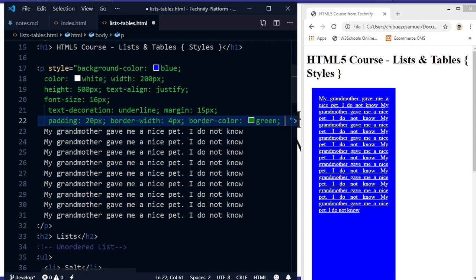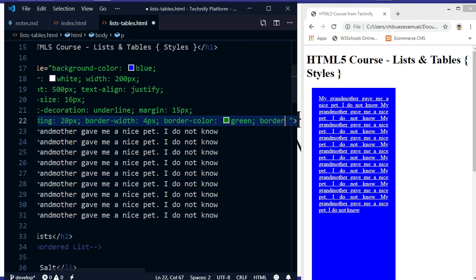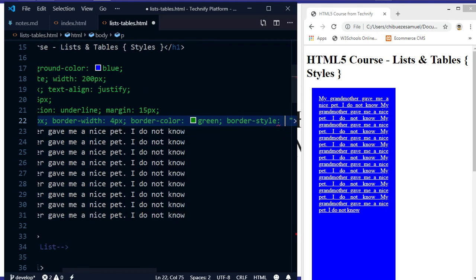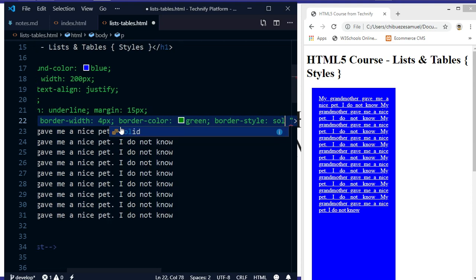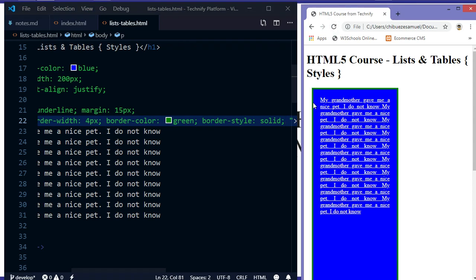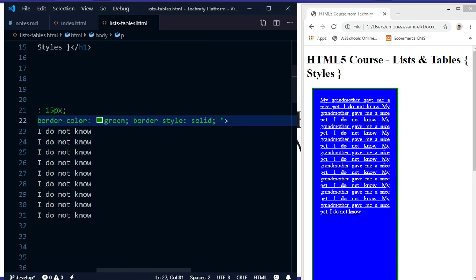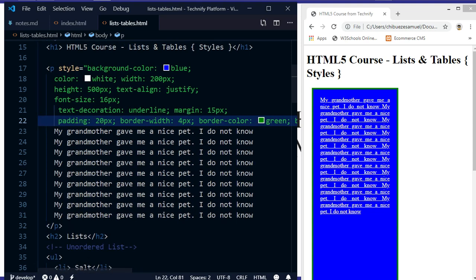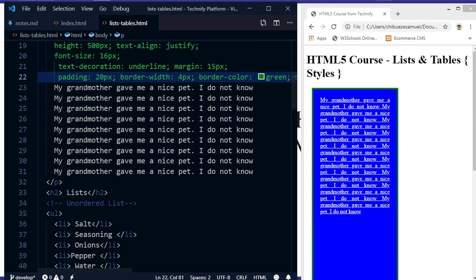I can say border style, say solid. You can make it dashed, you can make it blue, so you can see a green border outside it. So this is how you can style elements. During the CSS section we'll work more on the styling. So this is how you can apply basic styles to your